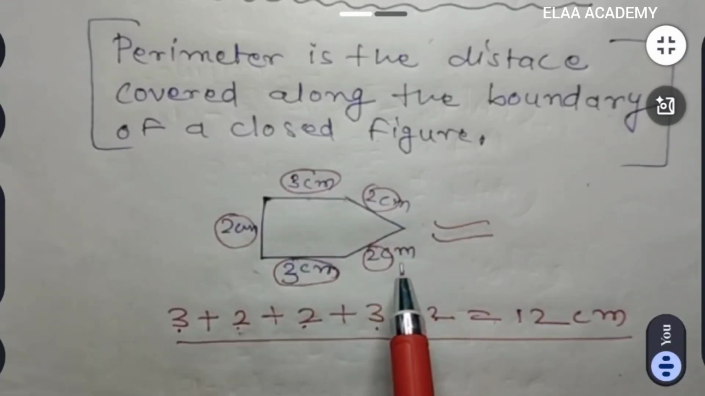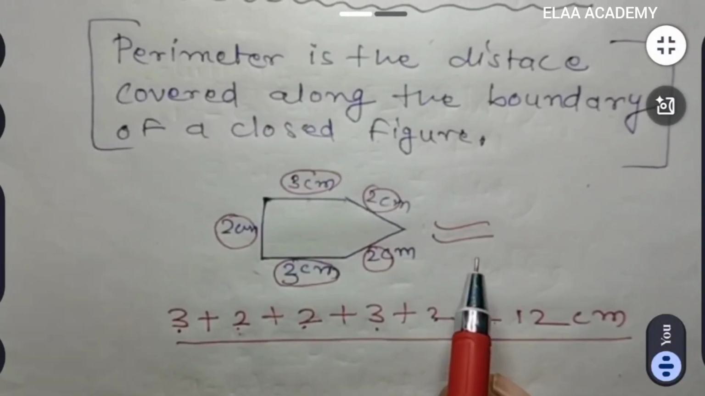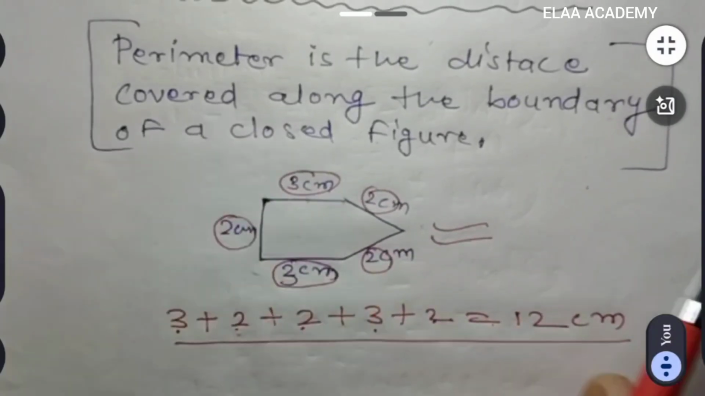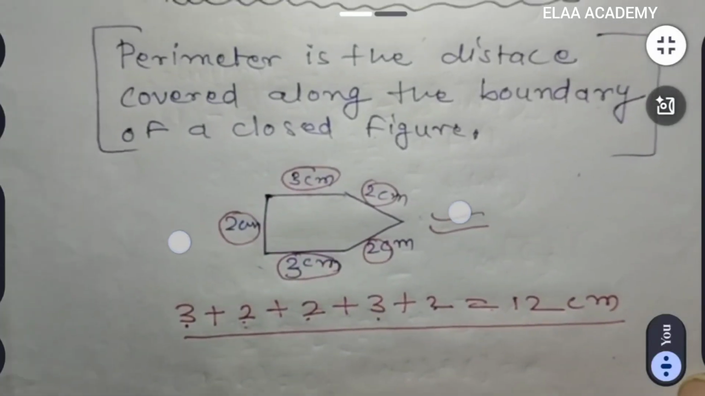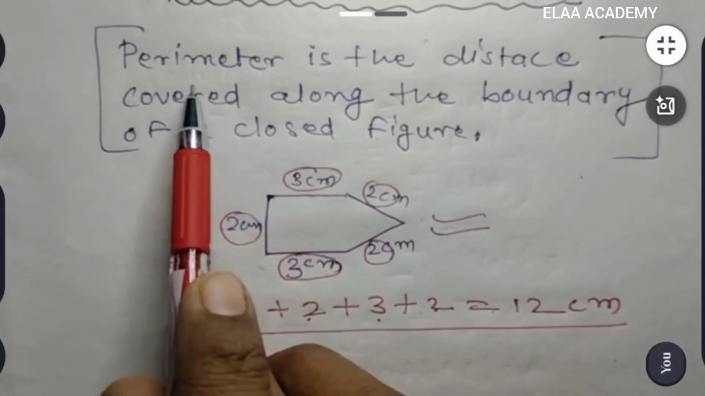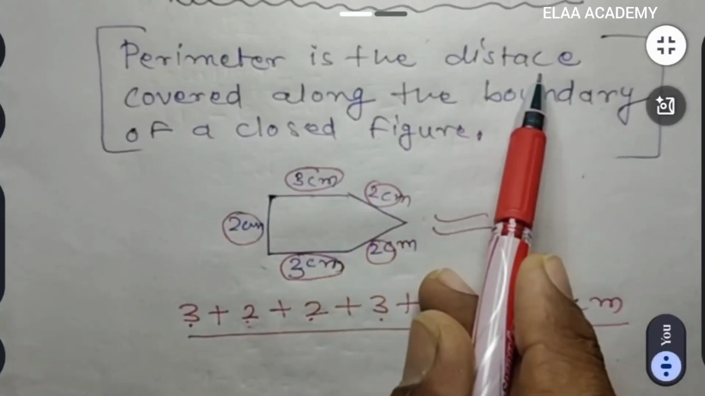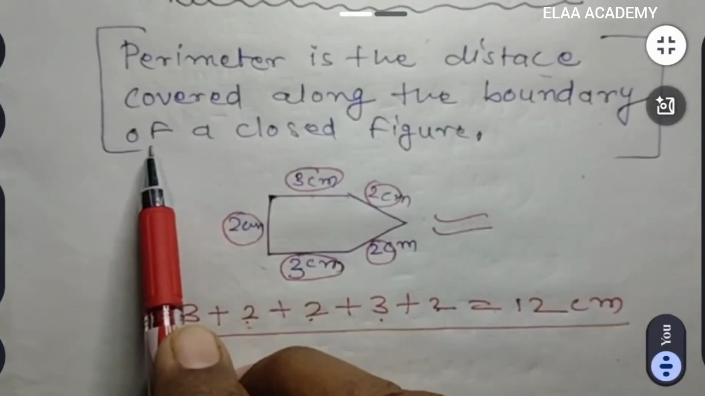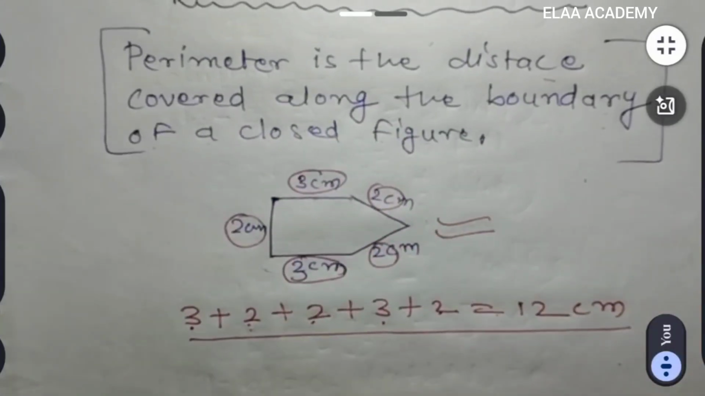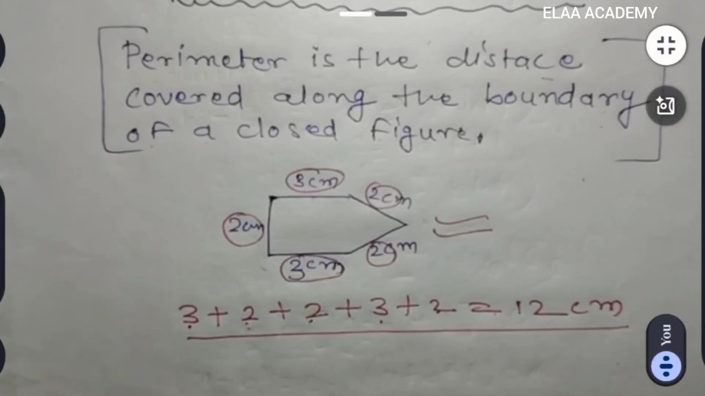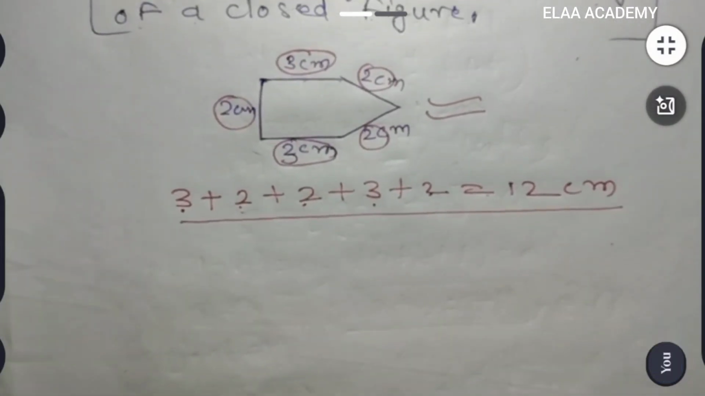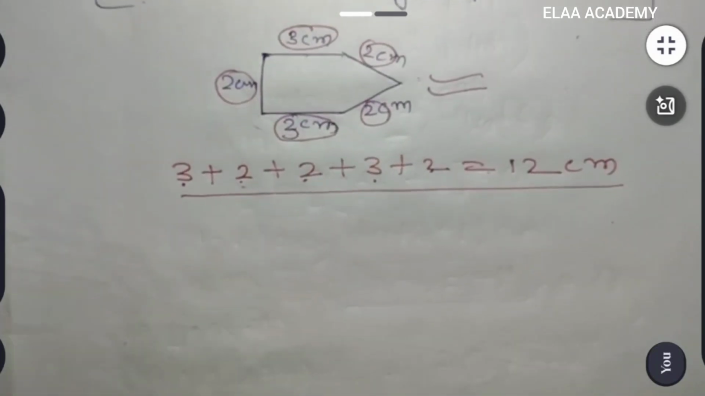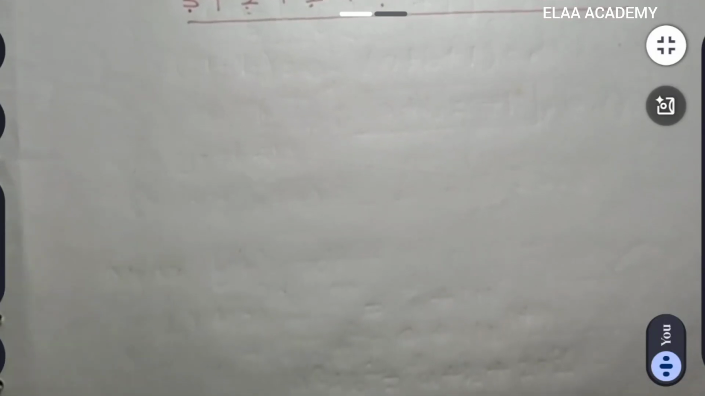ठीक है, means we can say that it is the sum of all the sides of the diagram. Okay, so according to this we can say that perimeter is the distance covered along the boundary of a closed figure. So also we can say